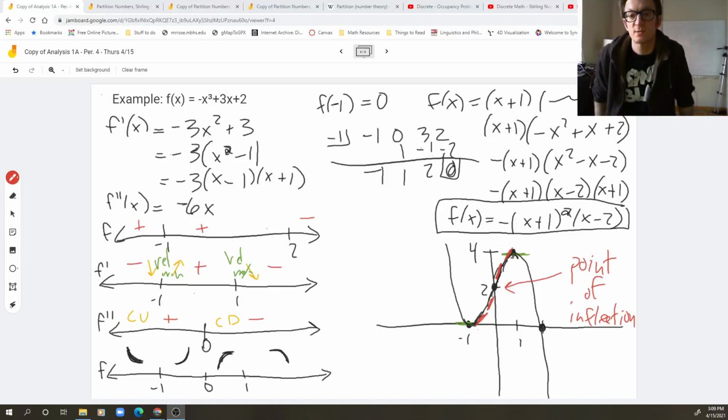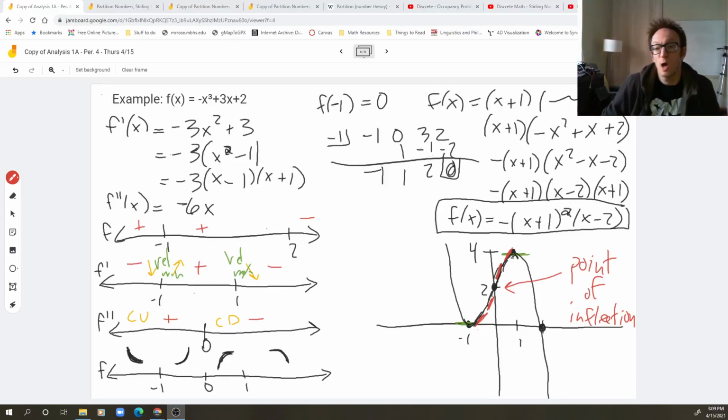Okay, hello Analysis 1A. In all three classes on Wednesday and Thursday, we pretty much hit the exact same point, which is we graphed this function. This was a very math-specific kind of problem, and you will recall that we took the derivative and the second derivative, made a sign chart for the derivative, made a sign chart for the second derivative, concluded that